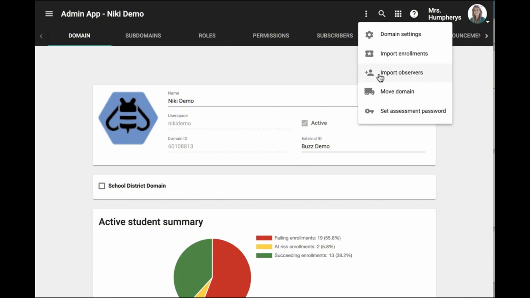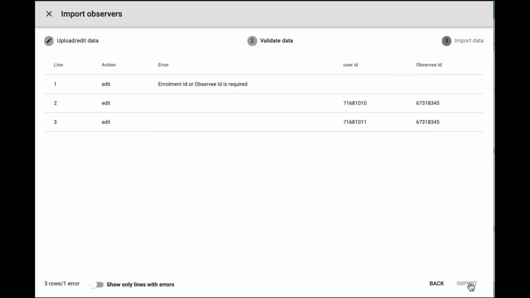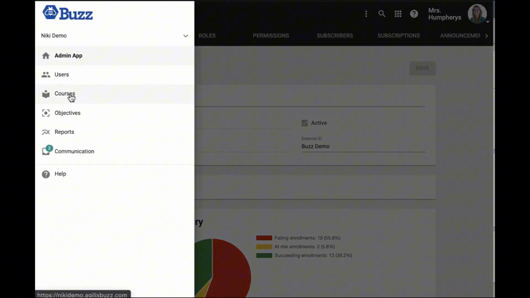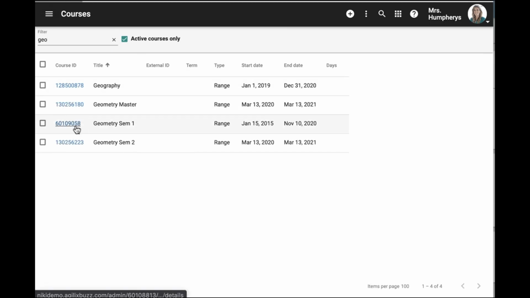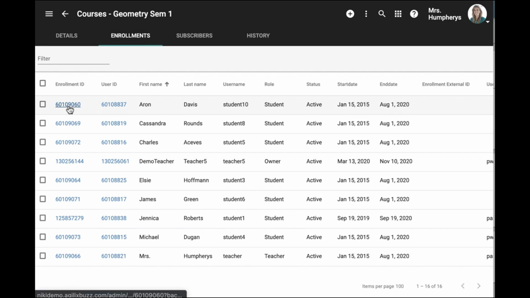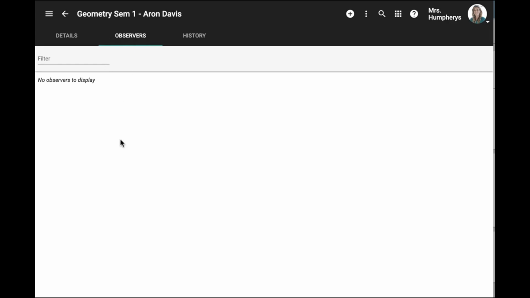You can also import observers the same way. In this example, we have the action, the user ID, the observee ID, the first name and last name. Click Next. Again, it will validate the data, and then you can import. Once it's imported, you'll be able to see that data in your courses, under enrollments, as well as if any learner has an observer attached to it, it would import that observer for